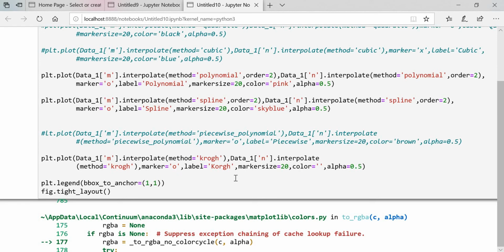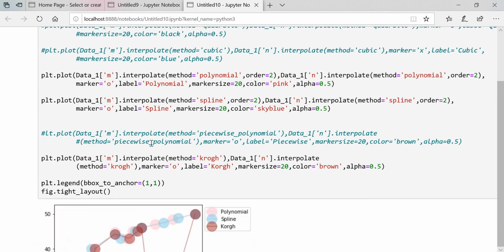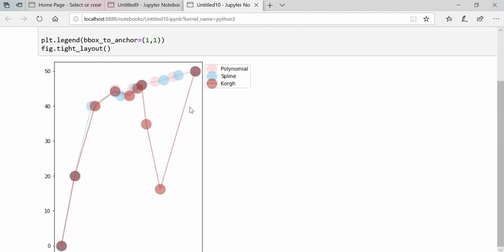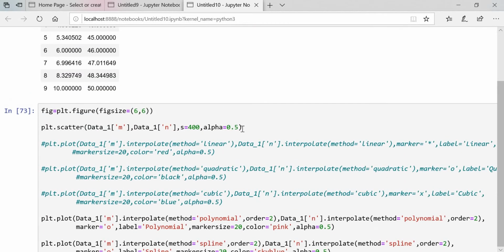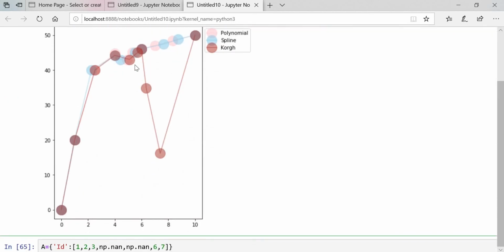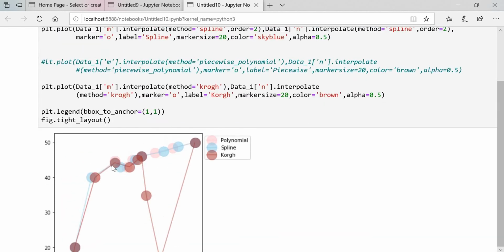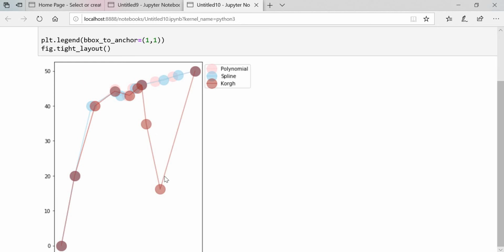Interpolate alpha. Okay, color. You can see here that this graph is going down and going like this, but the original, that is this one, what we have, the original, that is data, should be in a linear format, right? So our original data is going like this in a linear way, but this is going this way. So this is not a case where we can use this method in further calculation. Okay, so this is an exceptional case that we can't use.